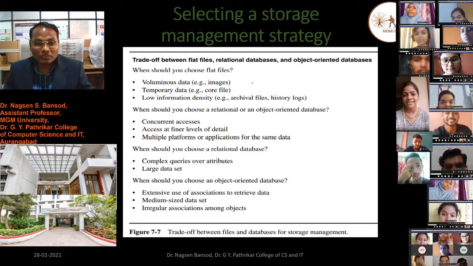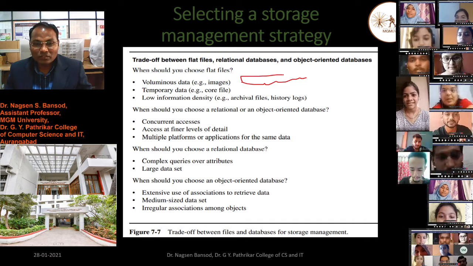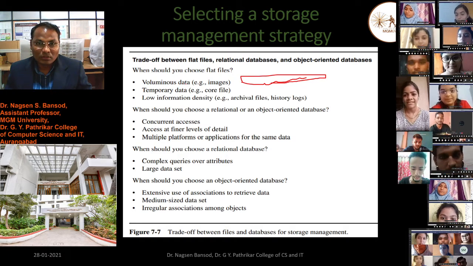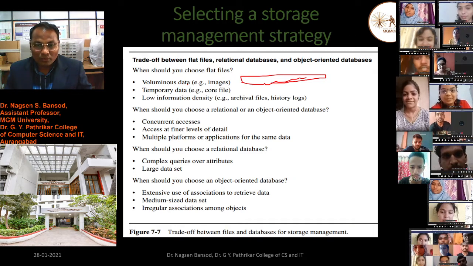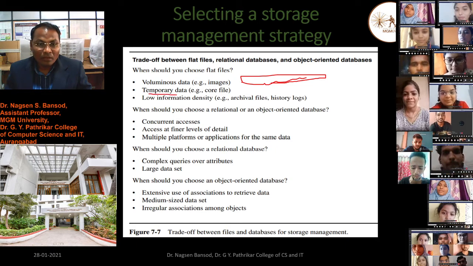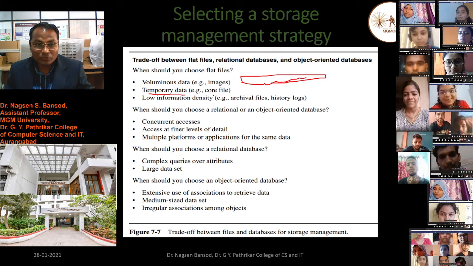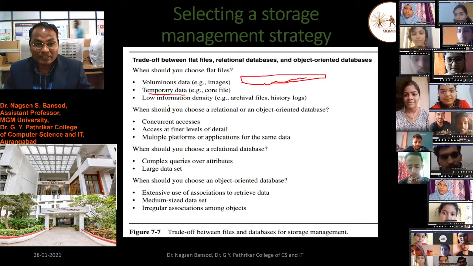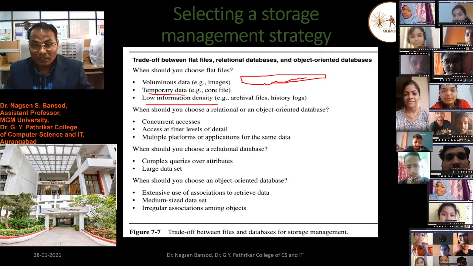There is huge data, not a small set of data. Then we have to use database management storage. Temporary data: for temporary data, core files, low information density, archival files or history